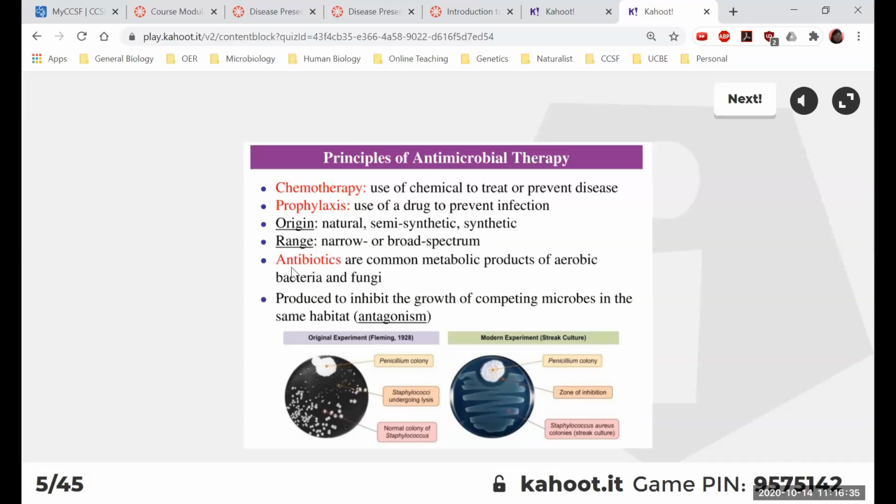So strictly speaking, antibiotics should be natural compounds, such as penicillin, which is secreted by penicillium, the fungus. But scientists, humans have taken a natural compound and started modifying it, adding a side group of a different functional group. So some of the drugs are semi-synthetic, and other drugs are completely synthetic, meaning that they don't exist in nature, so we synthesize them in the lab. Antibiotics can also be categorized based on the range. Some of them are very broad spectrum, and other ones are narrow spectrum.